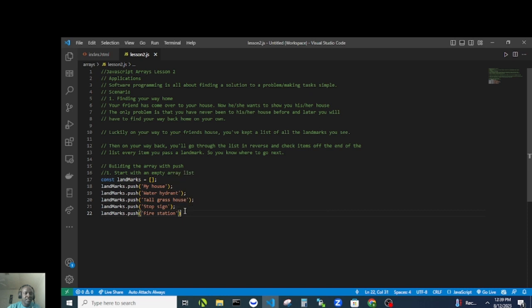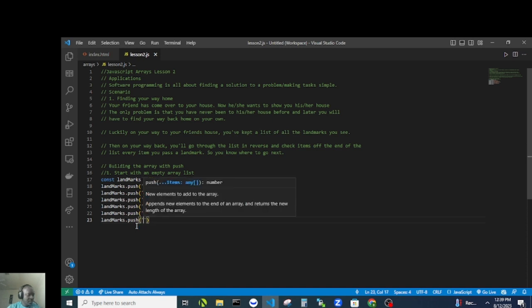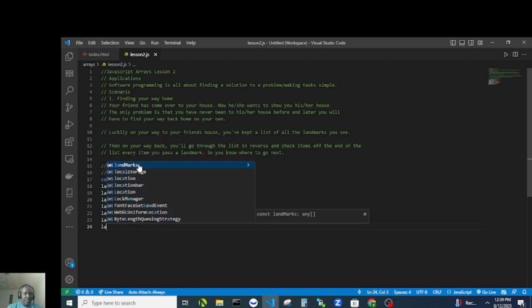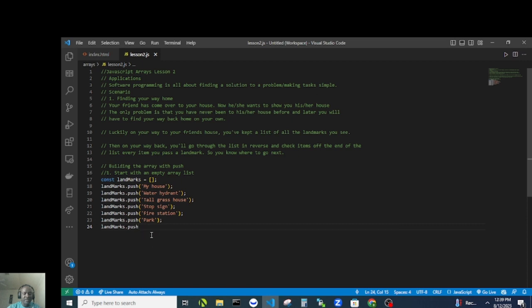I had a list here in my book which I want to add to the landmarks. So I have landmarks.push, and maybe you have a park where you have children playing or people going to the park. The next one, lastly, may be your friend's house. So just call it my friend's